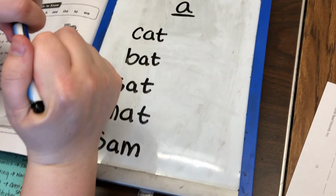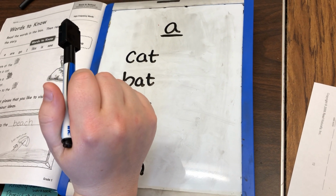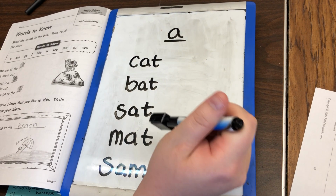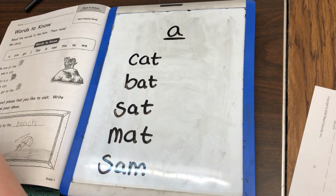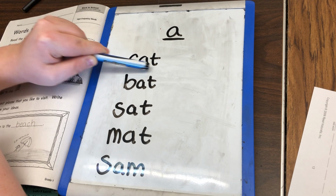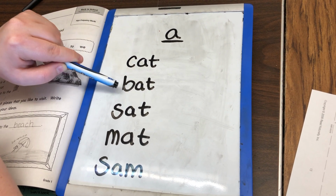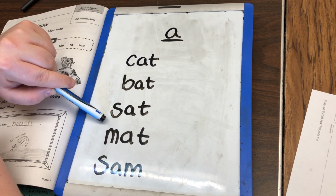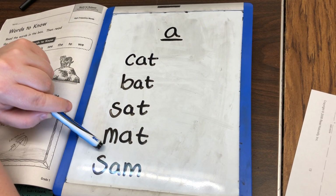And when you look at these, I hope that you are already ready to say the ah sound, because that's what we're going over. Each of these words have the short A sound, which says ah. So let's go over these words. This one here, k-at, cat, b-at, bat, s-at, sat, m-at, mat,